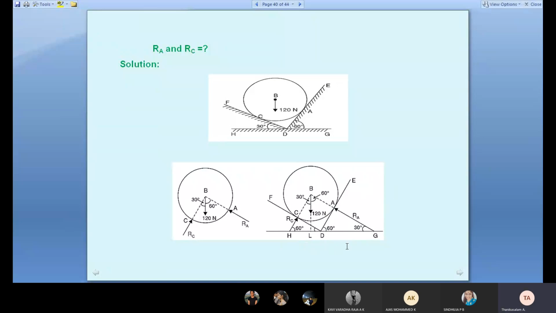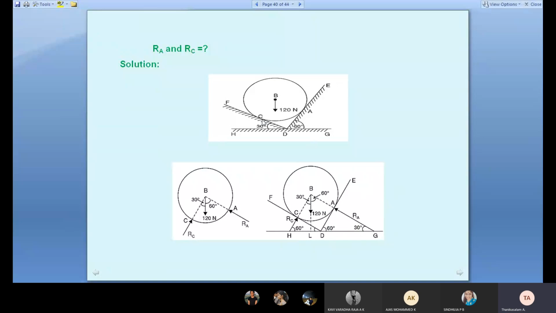For calculating this angle, you have to draw it yourself. First I marked A, D, G, because A is the reaction, 90 degree. So 90 plus 60, 150, balance 30. I marked the G point. Now again I draw the triangle GBL. L is 90 degree, 30 calculated. 90 plus 30, 120. What is the balance? 60, I marked the B point.